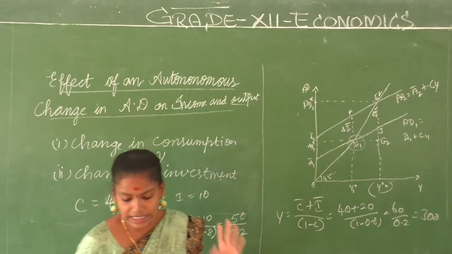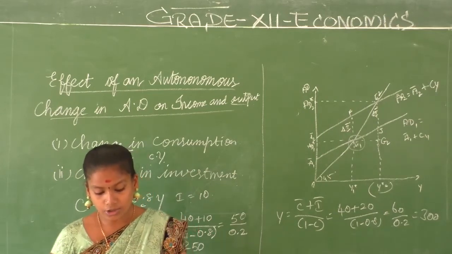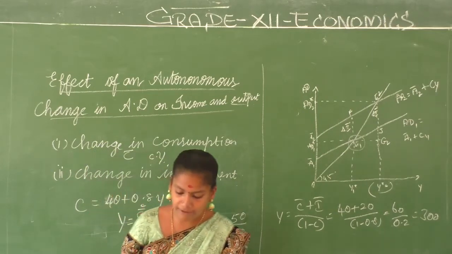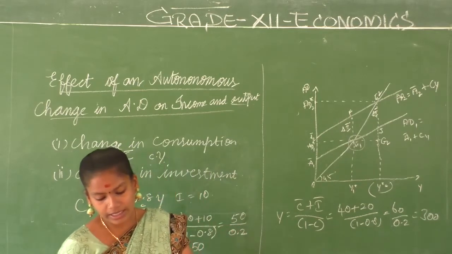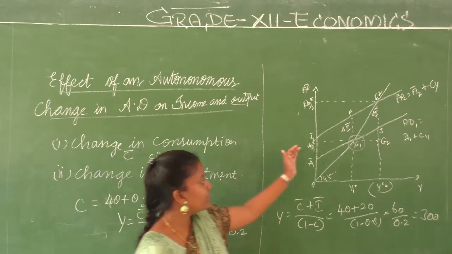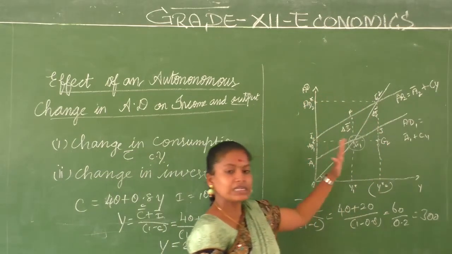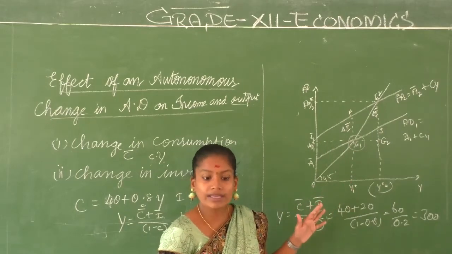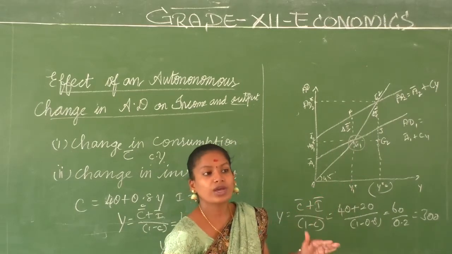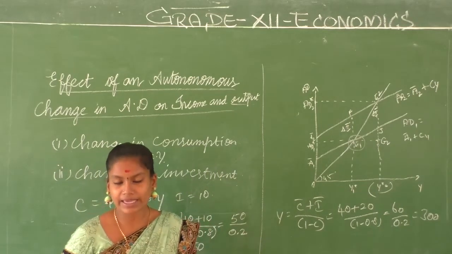So an initial increment in the autonomous expenditure seems to have a multiplier effect on the equilibrium values of aggregate demand. When it increases by 10, everything changes and there is an increase in everything. There is a multiplying value which we are going to discuss next, called the multiplier mechanism.